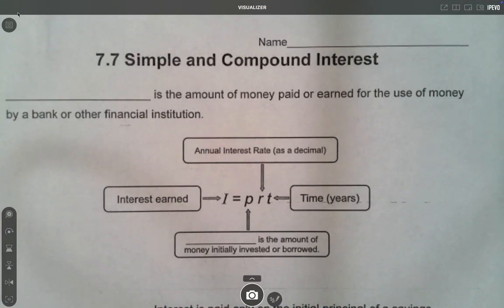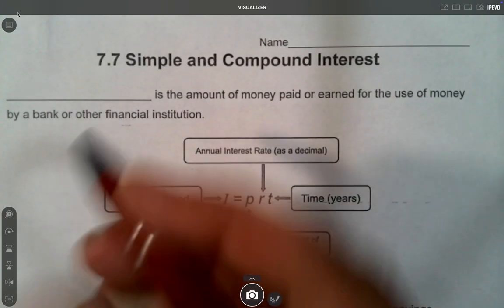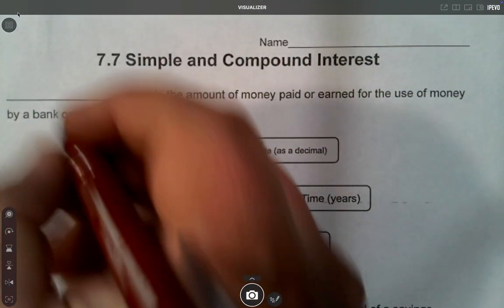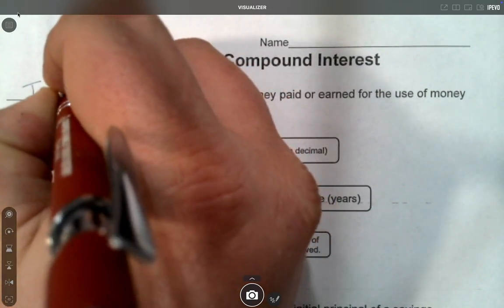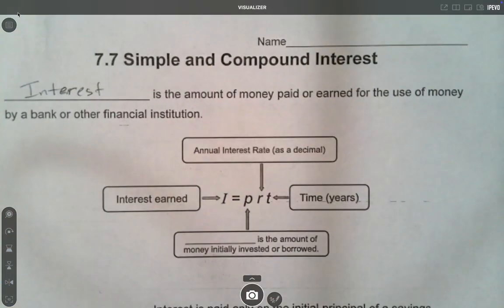Simple and compound interest. So money, this has to do with money. So hopefully that lets you know how it's important and why it's important. Interest is the amount of money paid or earned for the use of money by a bank or other financial